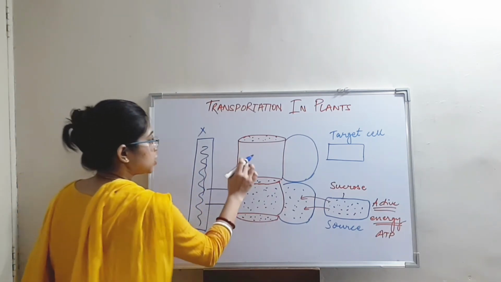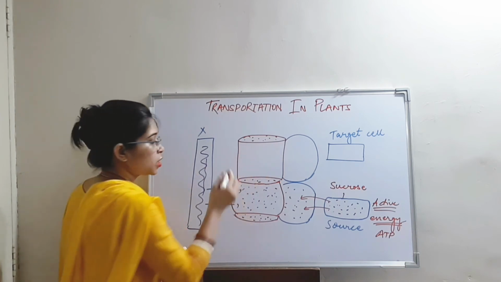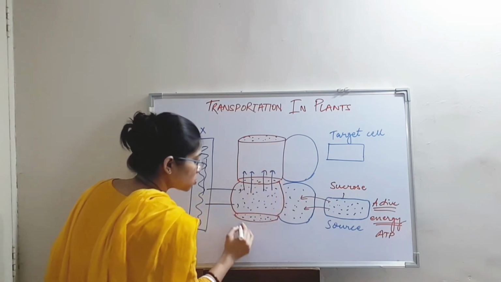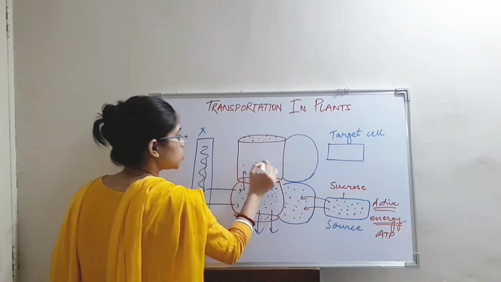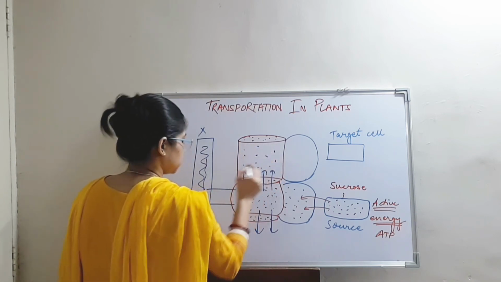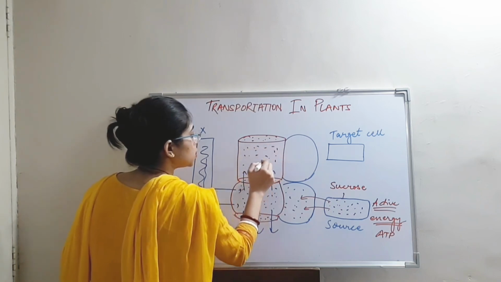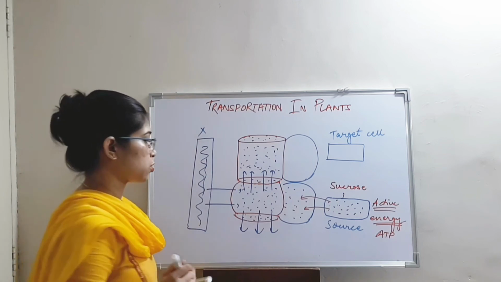So you know, here in this cell, particles of sucrose and water are not there. So they will move into this cell and also into the lower cell, which would be present here. The blue color shows the particles of water and the red shows sucrose.